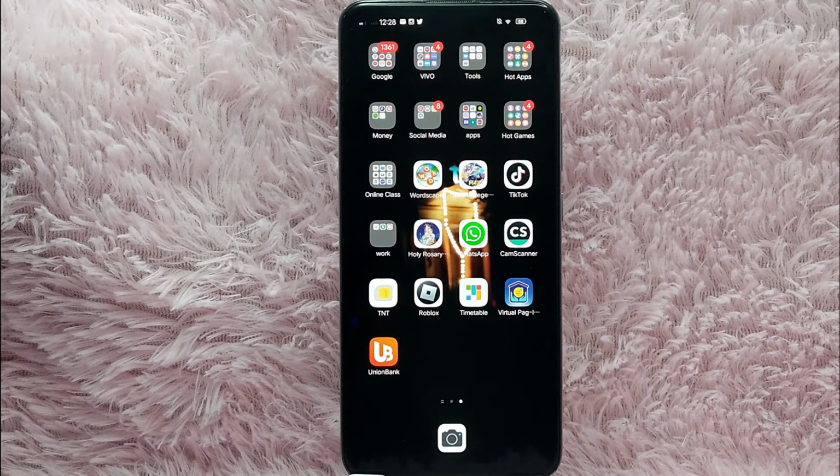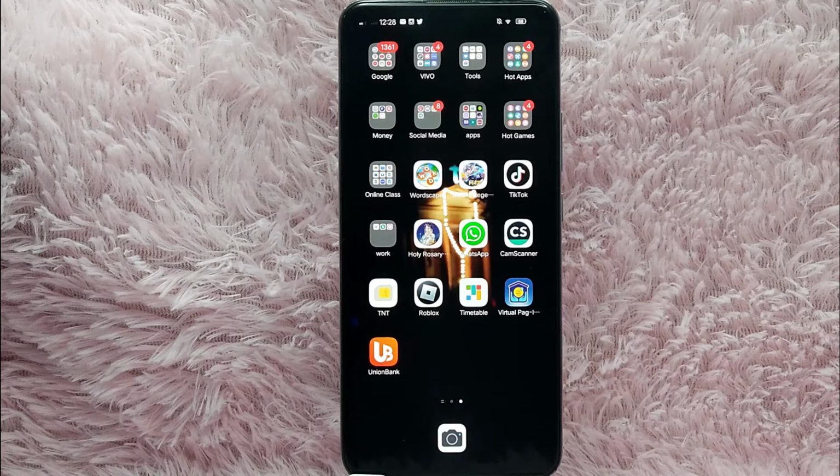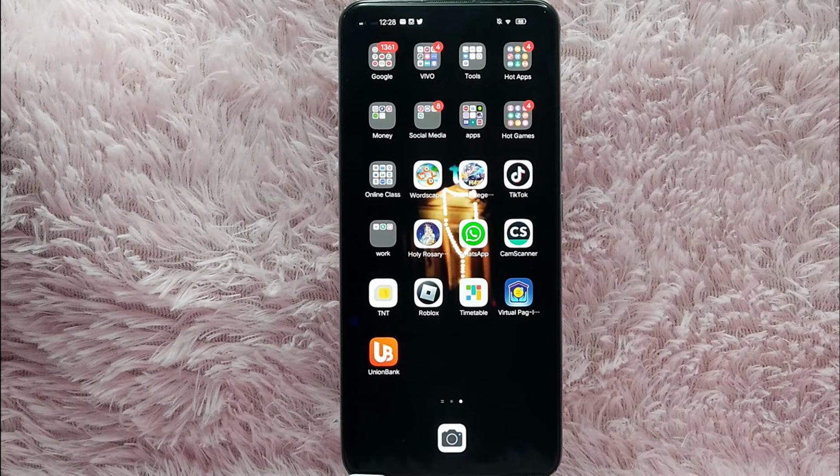Killbot. Maybe you want to use dark mode in Killbot but you don't know how. So today I am going to show you how to turn on dark mode on Killbot. Check the video description and I will try to leave the written instructions. So without further ado, let's get started.